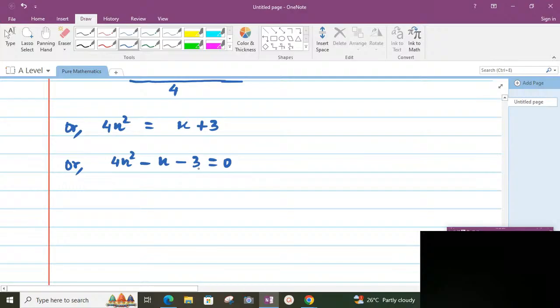Multiplication will be minus 12x square. Addition or subtraction will be minus x. So the next step here will be 4x square minus 4x plus 3x minus 3 equal to 0. Observe there is no problem to understand the solution of this question. Now we take 4x as the common, then we